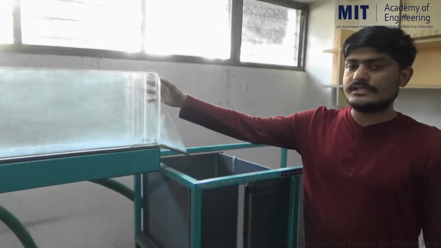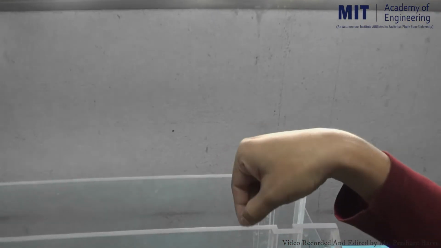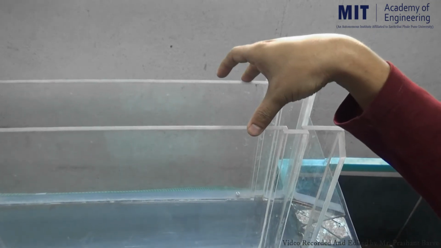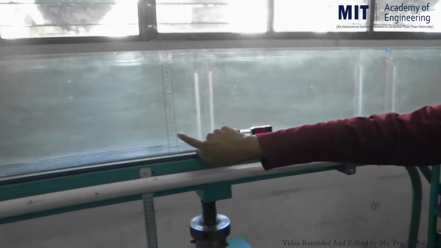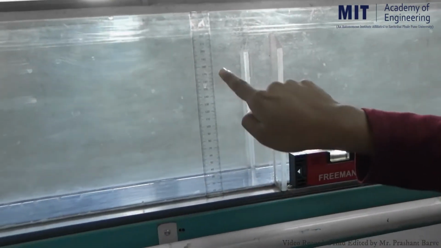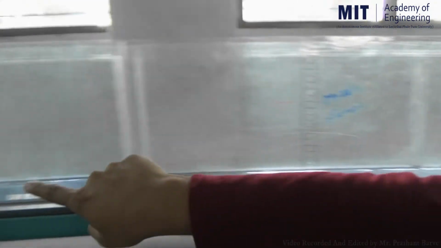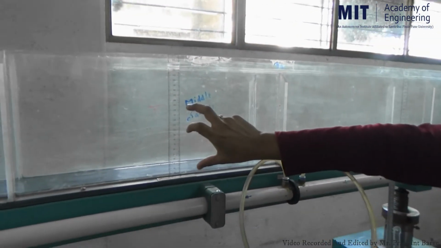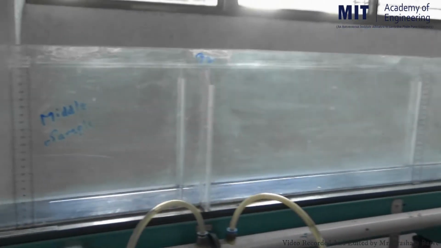If you observe this channel section, this is the width of the channel, which is 10 centimeter on the inner side. The depth of the channel we can determine here. If you observe, scales are attached here, so at this cross section we can measure the depth of flow. In the same way we can measure the depth of flow at this section also, and here also. One more section is there. At any section you feel comfortable, you can measure the depth of flow. The width is 10 centimeter, so you can determine the area of the channel section also. So this is, in short, the construction of a tilting flume.